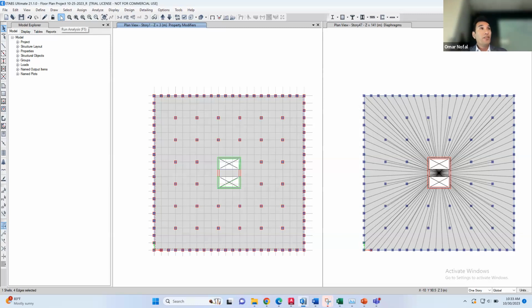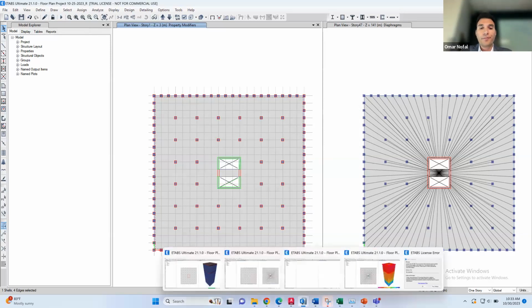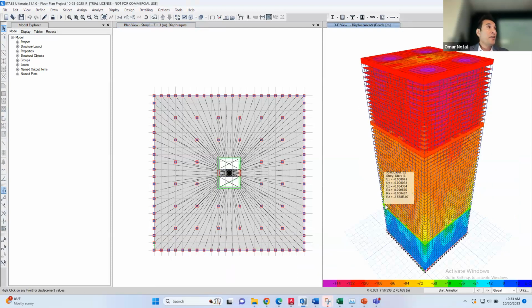Once you run your model, right now I did everything, so my model right now is ready to get results. So let's wrap up. You watch one video, you build the geometry of your model, and then you define the response spectrum using the USGS values, we copy and paste them, and then we define earthquake X, earthquake Y, and run the model. Once you run the model, you will end up having something like this. So let's see how we can get results from this model, how we can get the value of the base